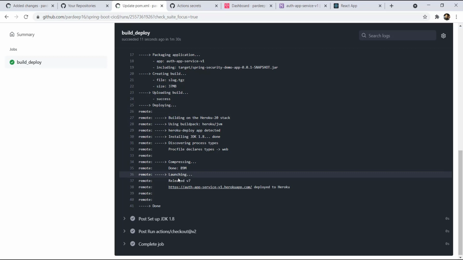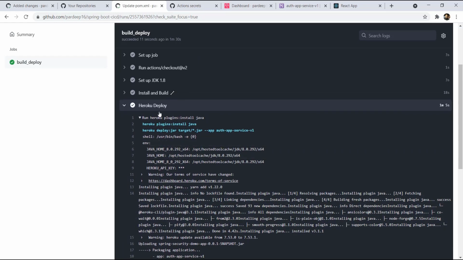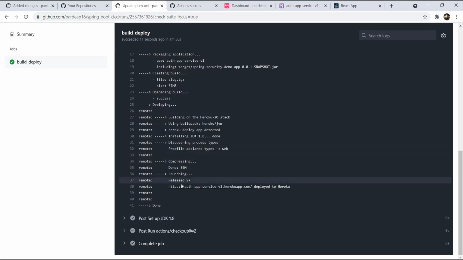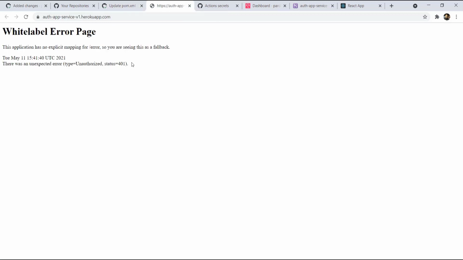So once this job has completed, you can find the link in the logs for this step, Heroku deploy. Now we can open this link. So if you see here, our application is up and running, and this is the base URL.